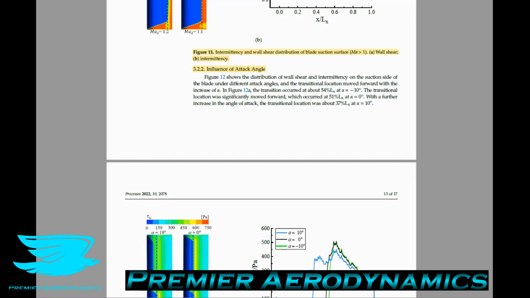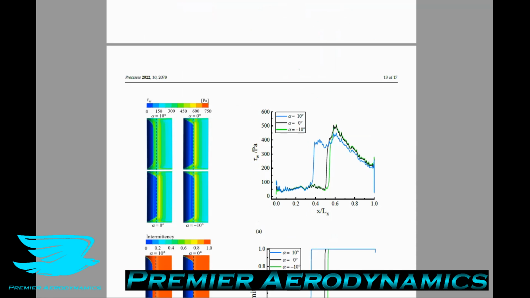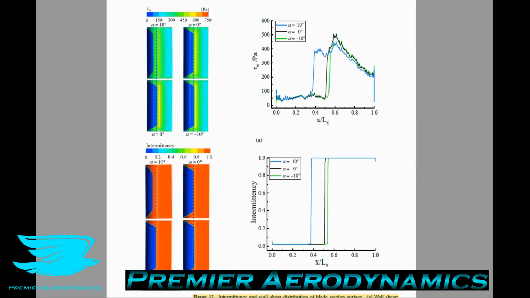So in figure 12, we can see that it shows the distribution of the wall shear. Let me get this in focus a bit more. Shows the distribution of the wall shear and the intermittency on the suction side of the blade under different angles of attack. And the transitional location moves forward with increasing angle of attack. So in other words, the higher you pitch your airfoil, the more of the airfoil will be in a turbulent